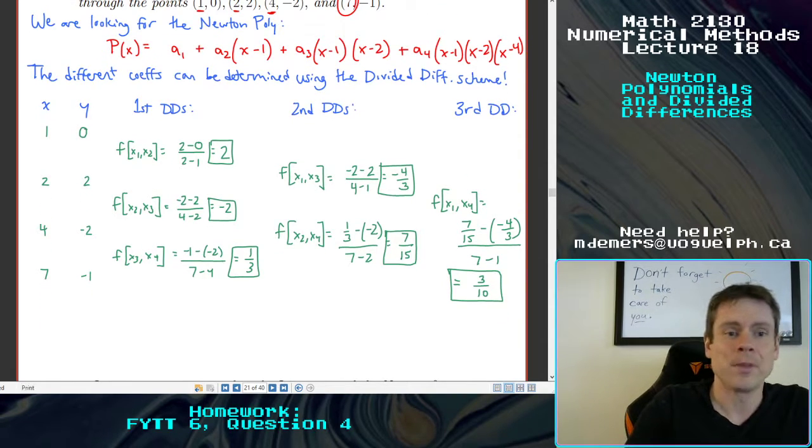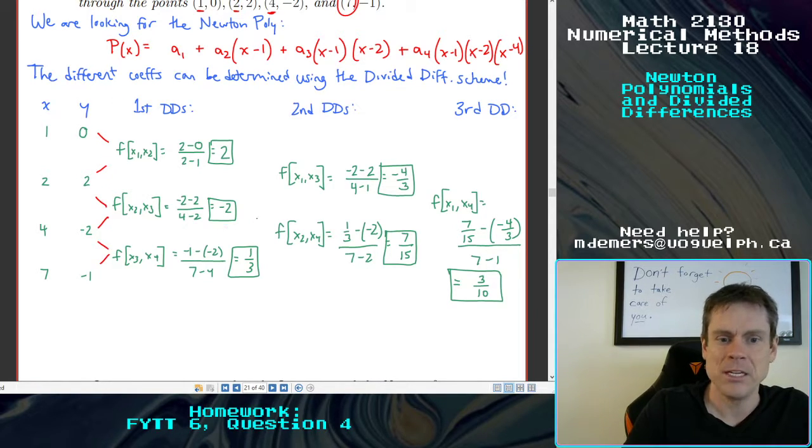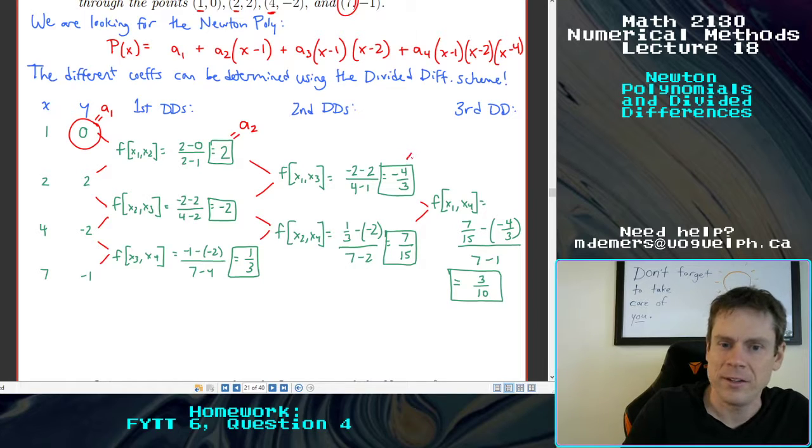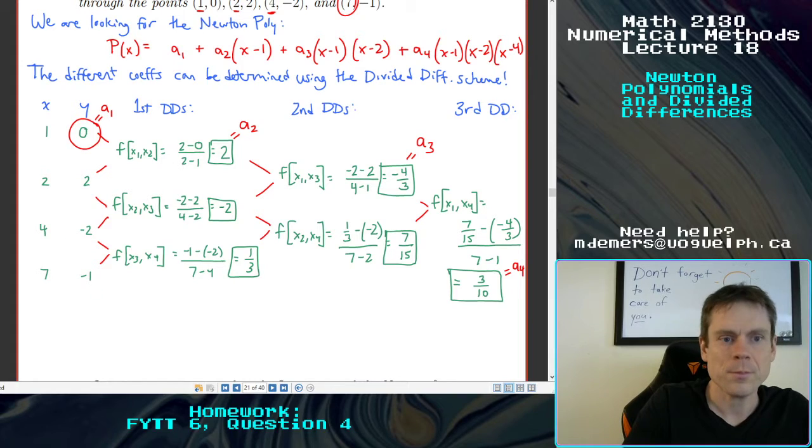Okay, so at the end of the day, we want those coefficients. You can see there's the structure like before. Each step depends only on the ones before it. And this here, that's our A1. This here, that's our A2. This here is A3, and it looks like this here is our A4. So we can get our Newton polynomial. So the Newton polynomial would be,